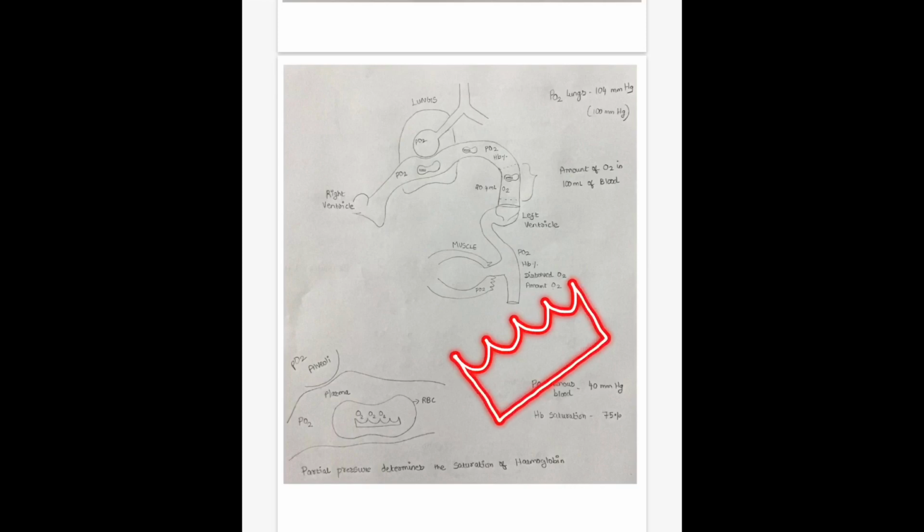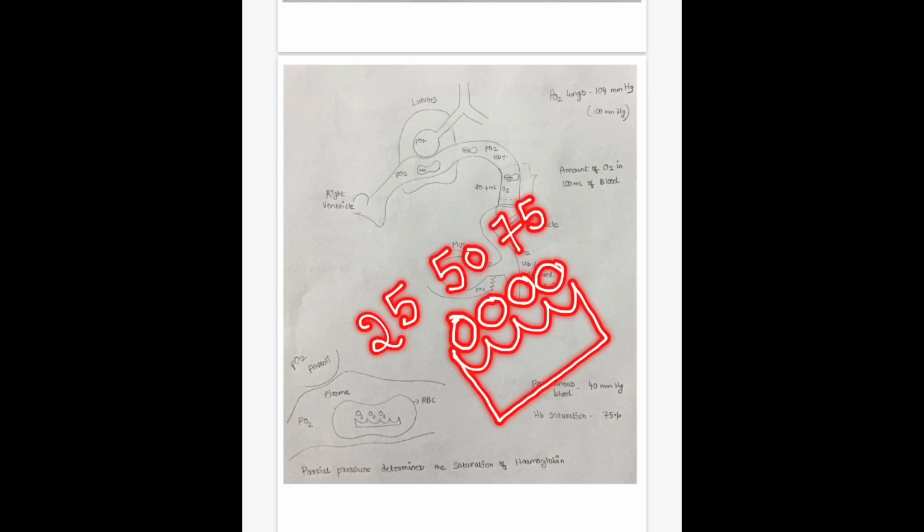What do you mean by saturation? Saturation means simply satisfaction. In a hemoglobin molecule, when the first pocket is filled by an oxygen molecule, the saturation of the hemoglobin is 25%. When the second pocket is filled, the saturation is 50. When the third pocket is filled, the saturation is 75. When the fourth pocket is filled, the saturation is 100. I just added this: 25 plus 25, 50, plus 25, 75, plus 25, 100.